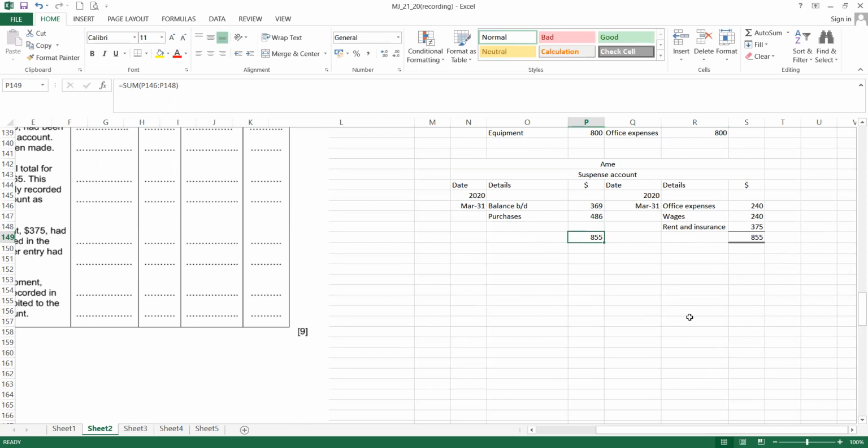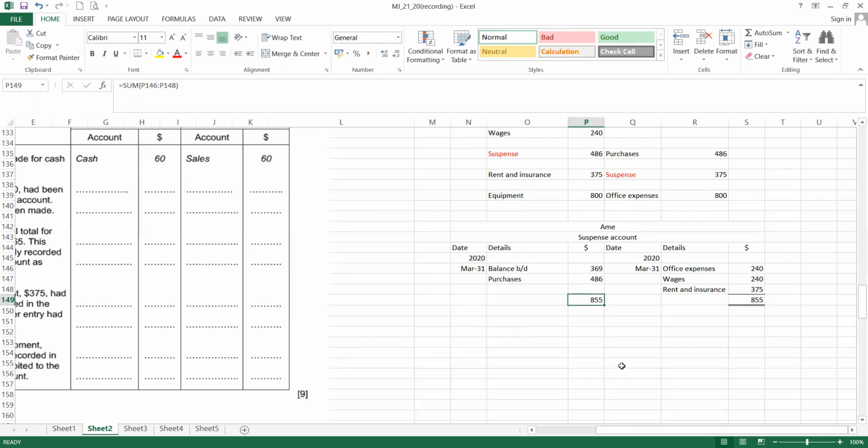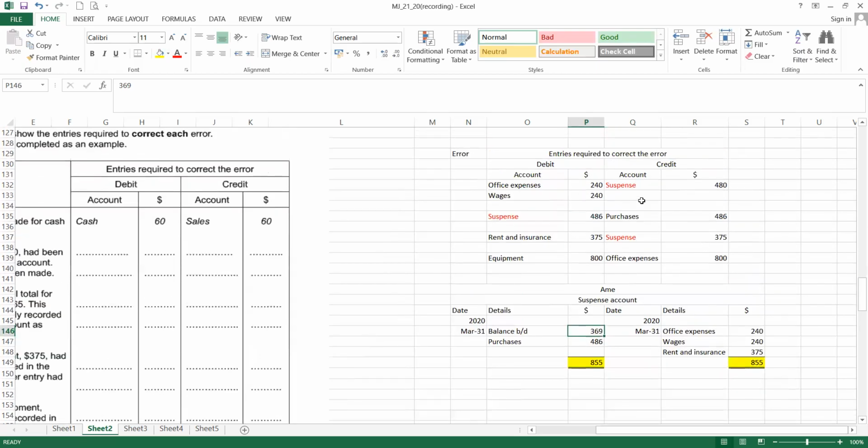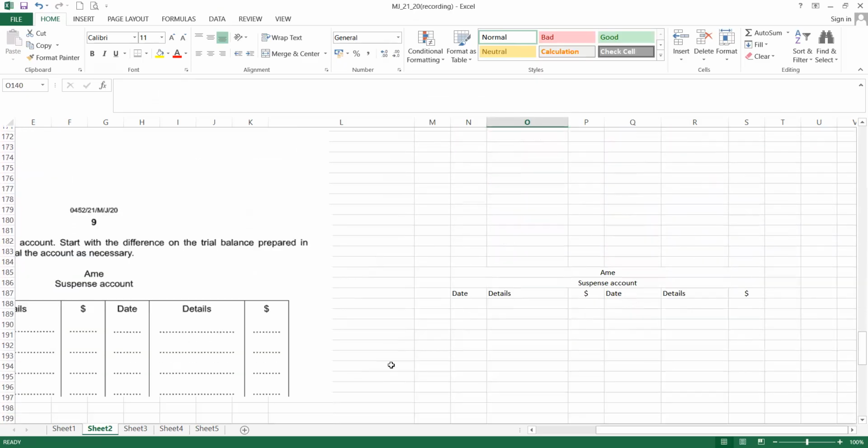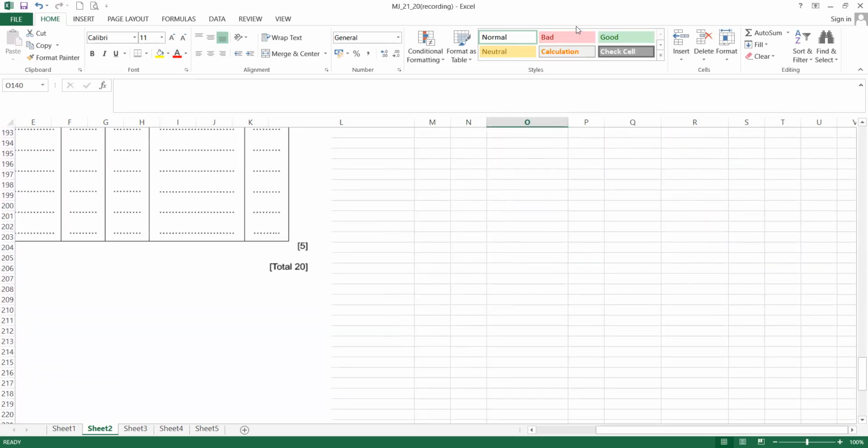There is something to be careful with in the correction of errors under the suspense account topic. By right, both must be the same. In case you didn't get the same, then be careful with your adjustments. You have to double check whether you put the debit and credit wrongly. So this is for the second question that I shared. Okay, now next is